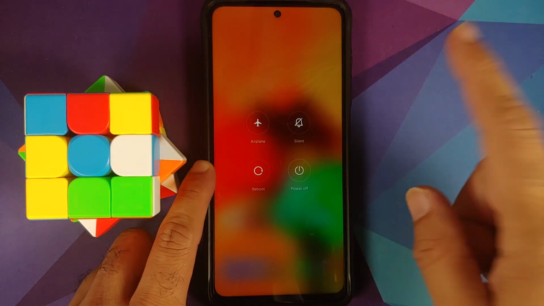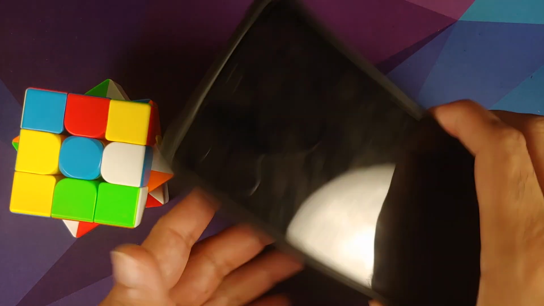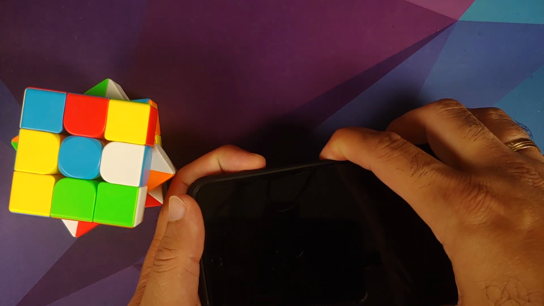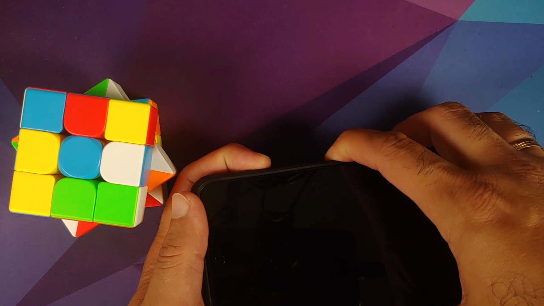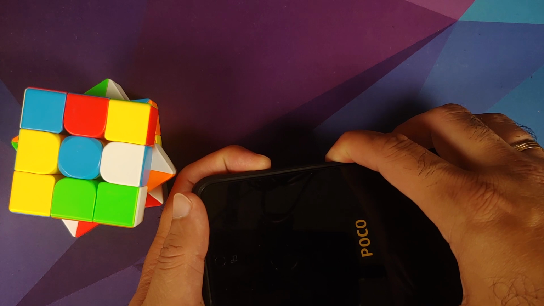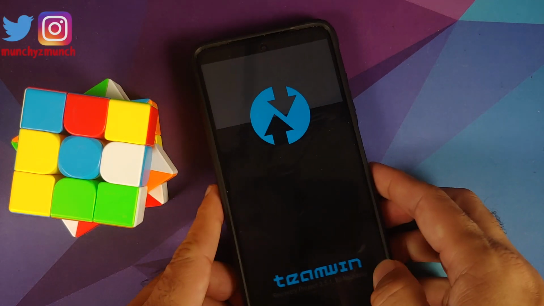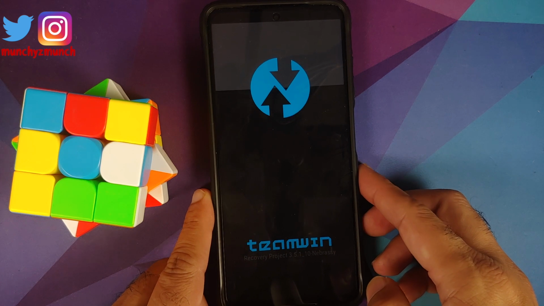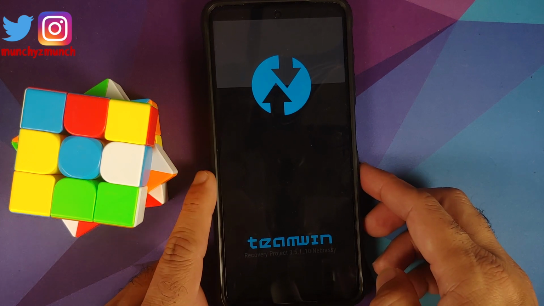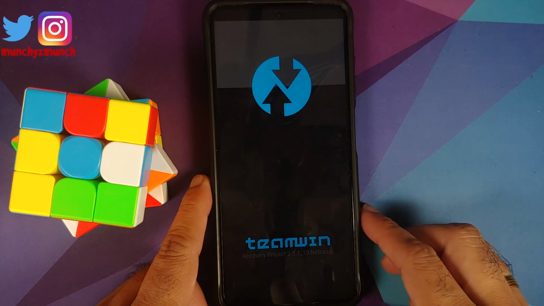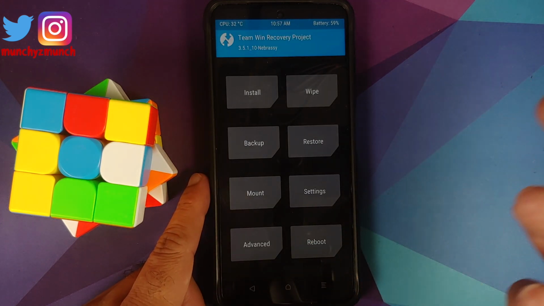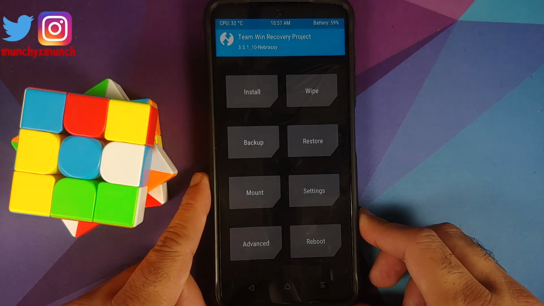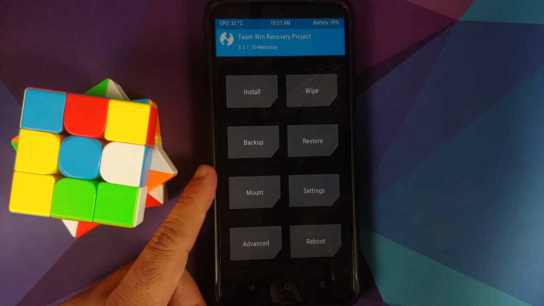Next, we need to boot into our current recovery, which should be TWRP. Turn off your device, and once it is turned off, press and hold power and volume up together till you see the recovery logo, in this case TWRP. There it is, we have the TWRP splash image, and I can let go of the power and volume button. It does take some time for TWRP to load, so you have to be patient, and in some cases the touch drivers might also take some time. So here it is, we are in TWRP.